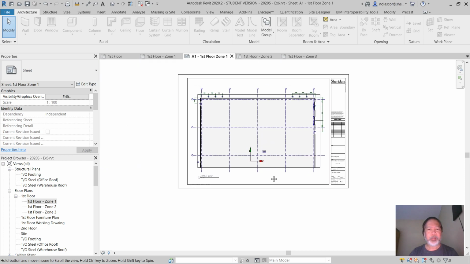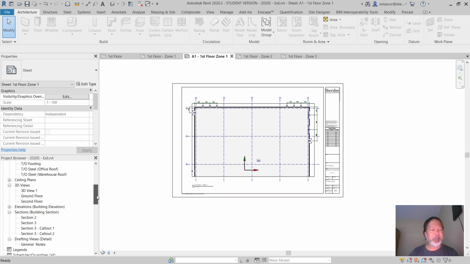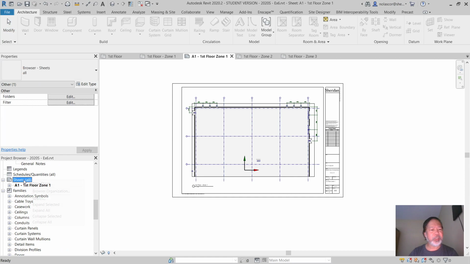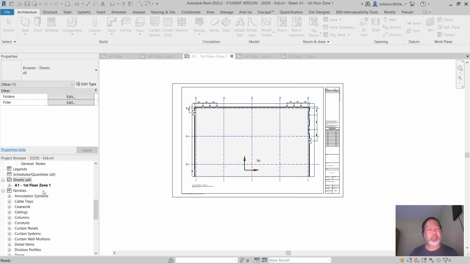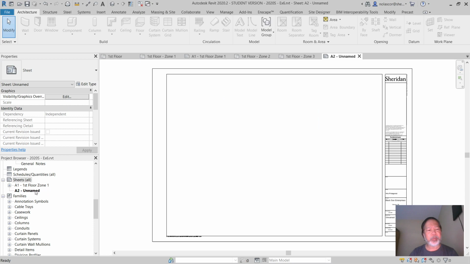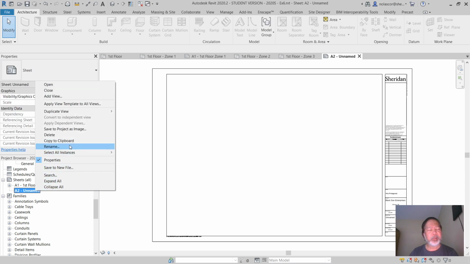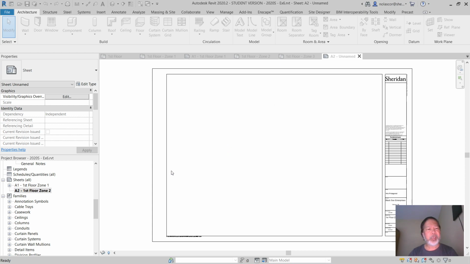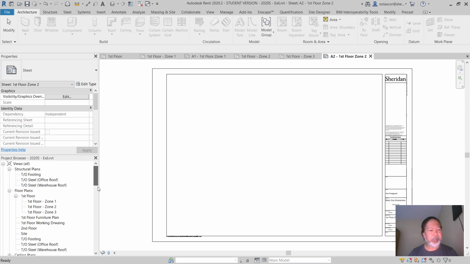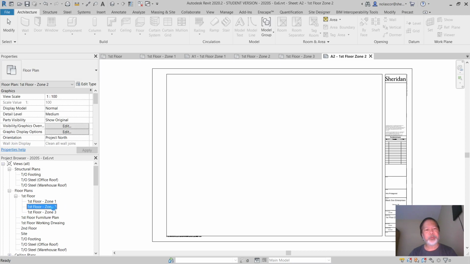Okay, so having done that successfully, I can now create another sheet, new sheet. This will be the same size. Let's just say this will be A2. So I'm going to rename this to zone 2. So first floor zone 2. I'll click OK. I'll go to my zone 2 view